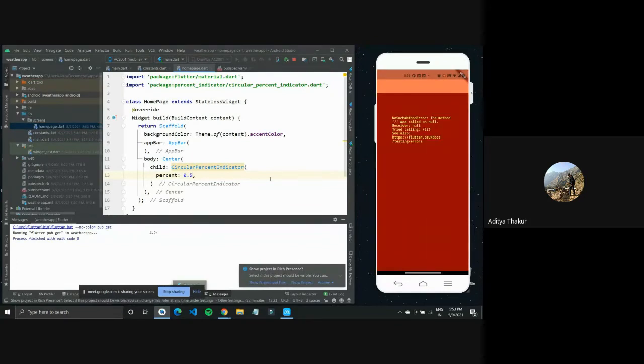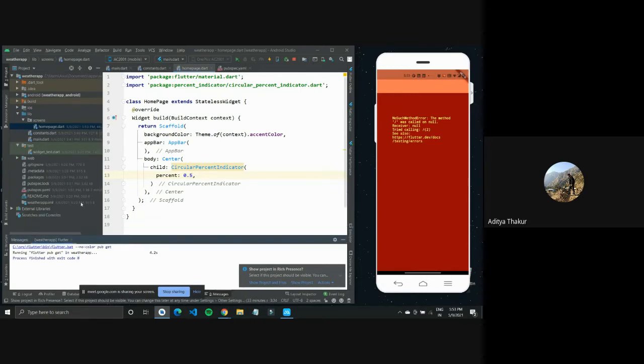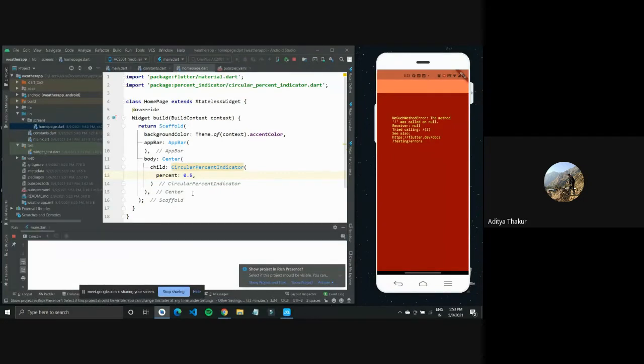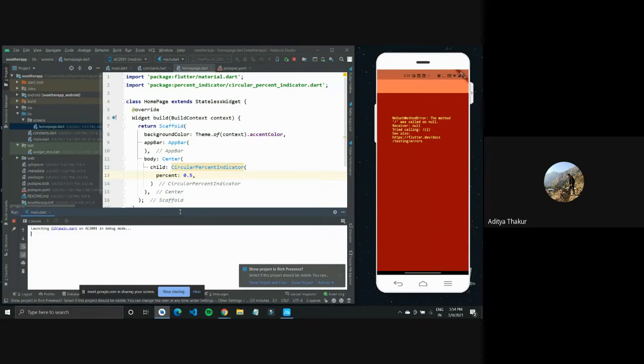Let's try to hot reload it. What we'll see is we'll get an error because we cannot just hot reload when we have added new package files. We'll have to restart the application so that all these package files can be sent over to the mobile device. That is generally the issue, but let's see what the problem is in this one. So what I'll do is I'll just close this application and rebuild it again, because we have just imported these new package files and it will take some time to move them to the mobile device itself. So this should take some time to build.